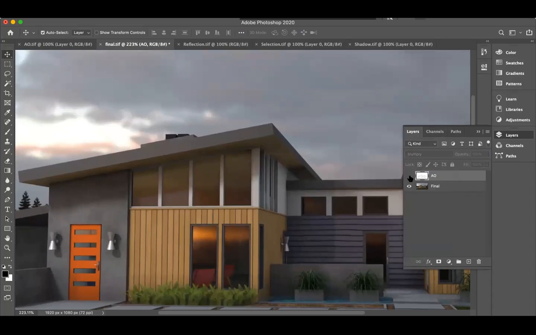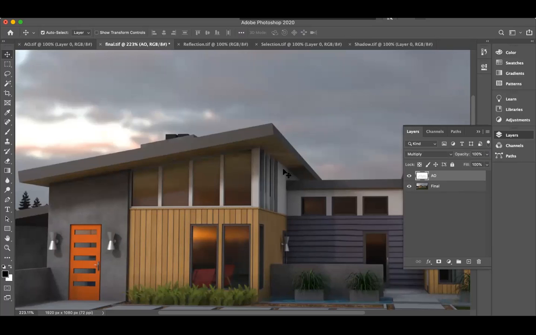I'm getting a proper depth. That's why we need the AO pass. Now you can find the image is a little bit flat; once I add AO, it will have depth. That's the use of AO.